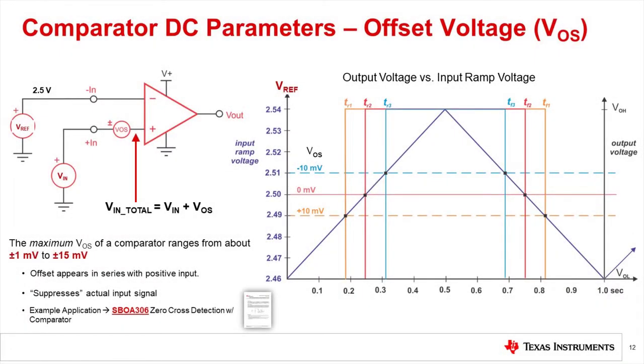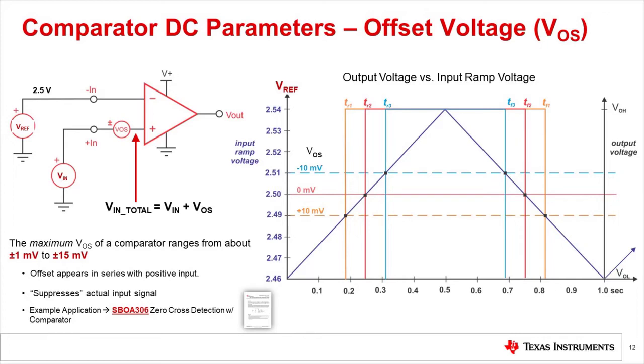Next, I want to discuss the offset voltage. This is one of the critical DC specs. Since the VOS of a comparator creates an additional DC voltage in series with the non-inverting input, it has a major effect on the threshold at which the output of the comparator changes states. So let's analyze this circuit with 3 different VOS values to better understand that effect.